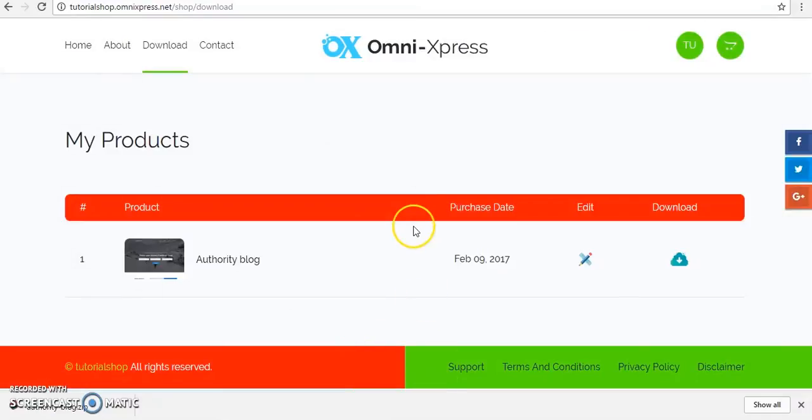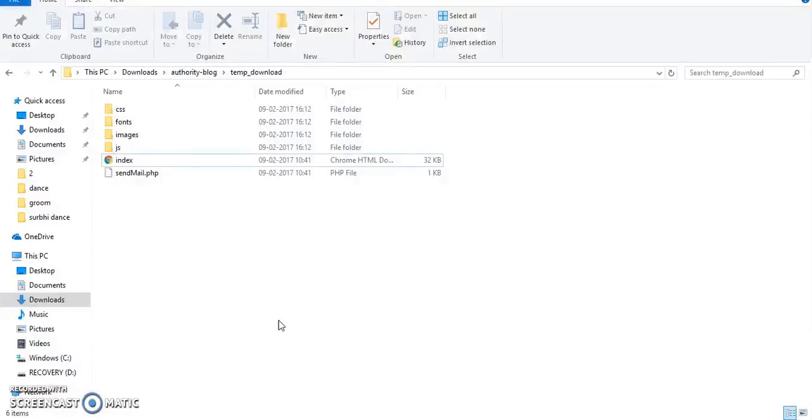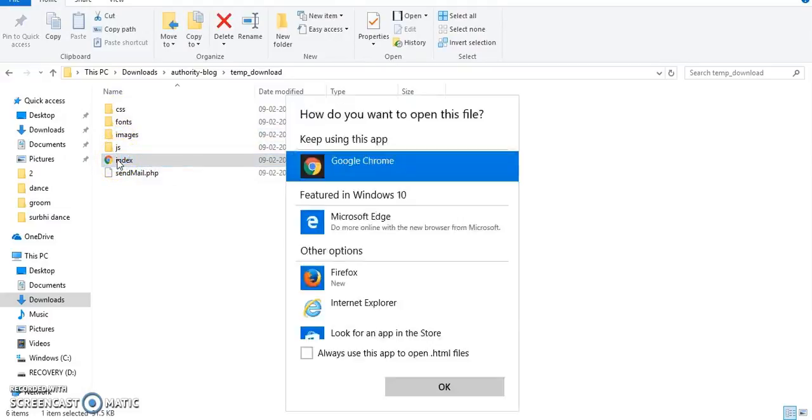Just a second, let me open it up. So when I extract the folder which I have downloaded, I can see CSS, fonts, images, JS, and I just double click on the index file.